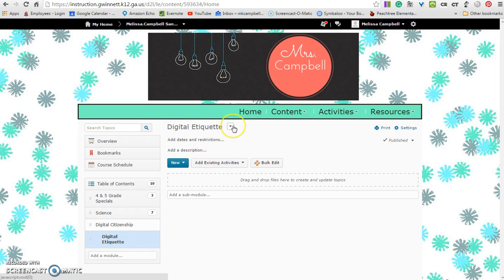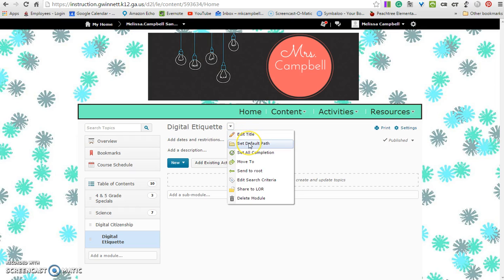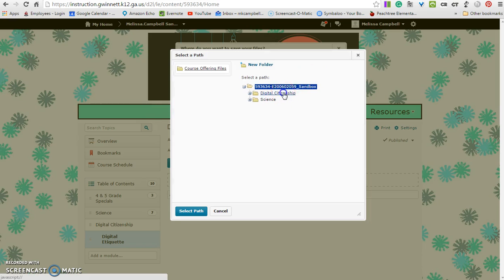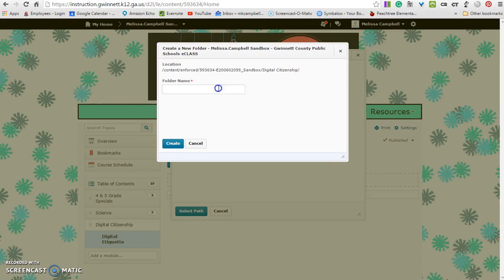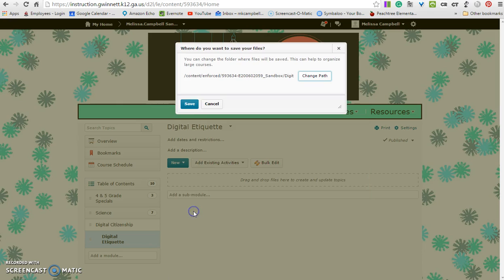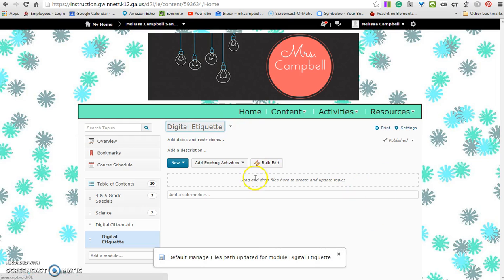Again, anything I save in here, I want to save in my eClass H drive. So I'm going to set the default path, and once you do this, any items that you drag into files, anything, will be saved in the background in your eClass. You can skip this step if you want to, if it's too confusing, but I like to set my default paths. So digital citizenship, new folder, digital etiquette, create. I'm going to select digital etiquette, select path, save. So now anything I save or drag into my submodule will be saved in the background in my kind of like your H drive